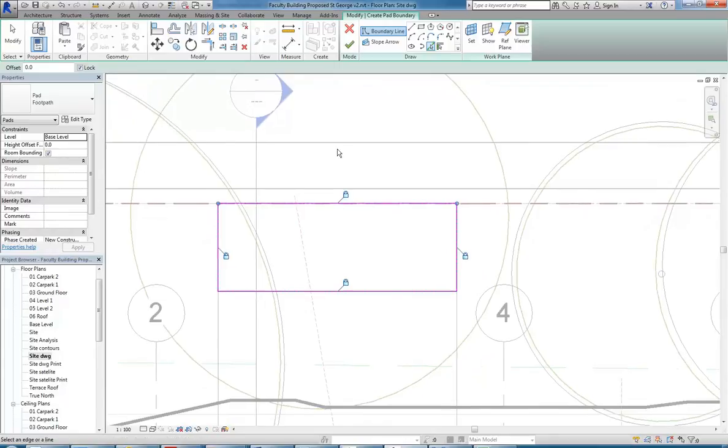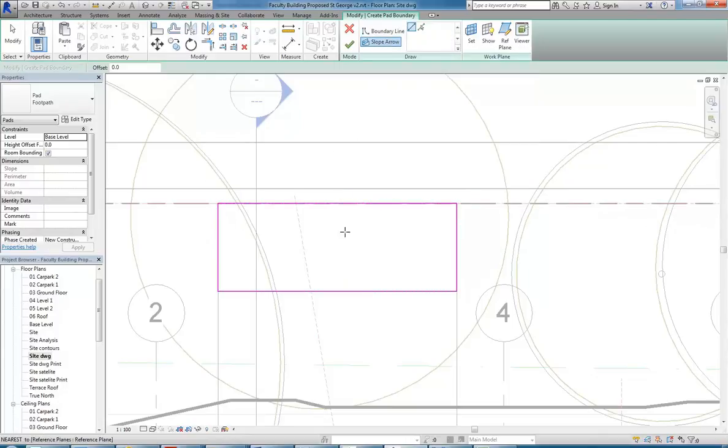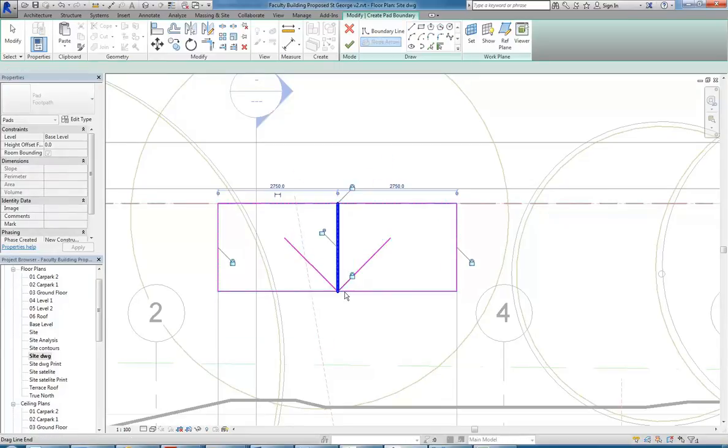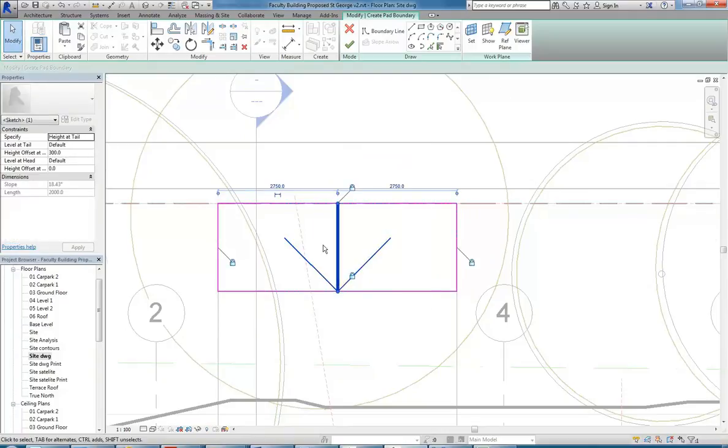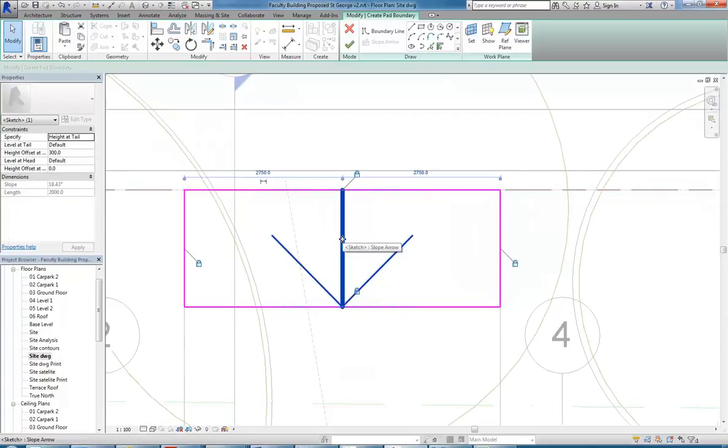And then, to make it slope, you can draw a slope arrow. Okay, so if I draw a slope arrow there, often it's easiest just to draw the arrow. Doesn't really matter which way you draw it because you can set the height for each end. So the trick there is then to select the slope arrow afterwards, and then you can change the properties. So we know that